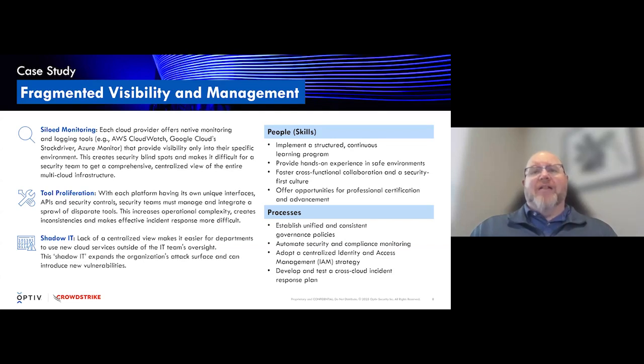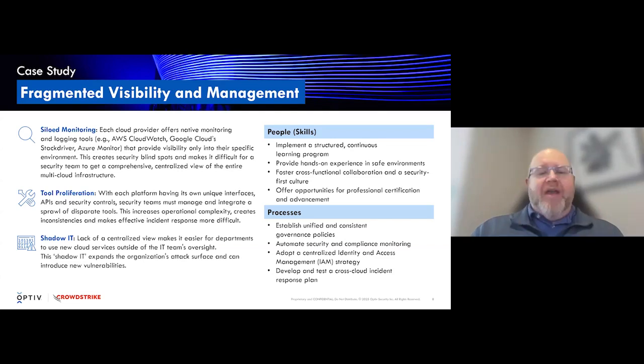And then last but not least, shadow IT is still alive and well, even as clients are more formalizing their cloud programs. And so it's very easy for new services to come online. And even if it is within an established cloud service provider, part of the agility that clients are after is the ability to quickly and easily spin up new services. So having visibility into what is being used on a per cloud service provider basis is also a big challenge